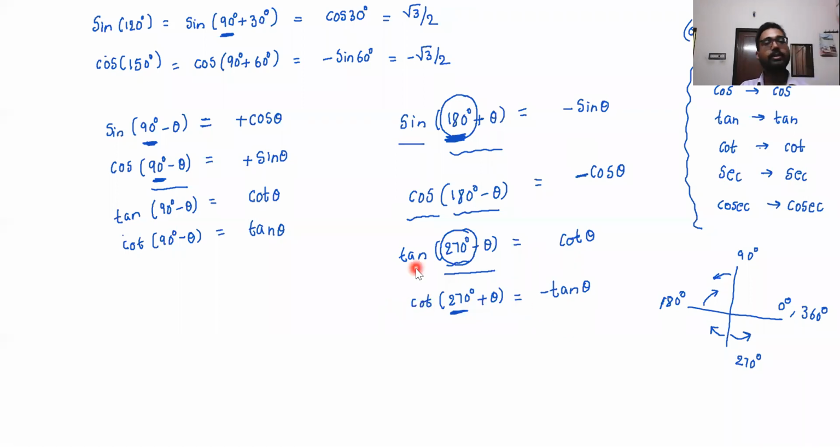Clear? So this is how we can use the reduction formula, right? With this reduction formula, we can reduce any larger angle as well. Suppose you have cot of 2n pi plus theta. So this is the last one for today. We have covered almost everything which we discussed last week. The only thing left is the sine of a plus b and sine of a minus b formulas, which hopefully we will see tomorrow.